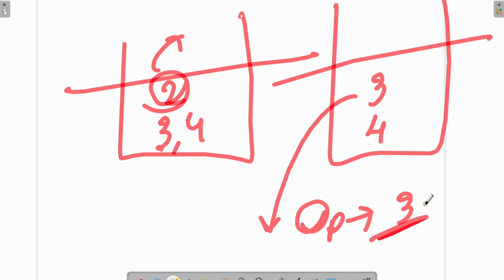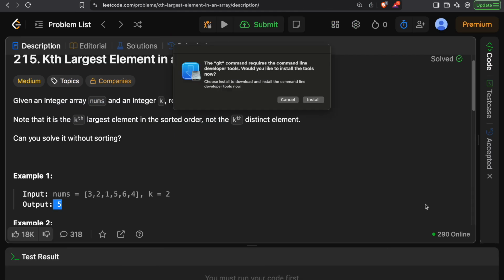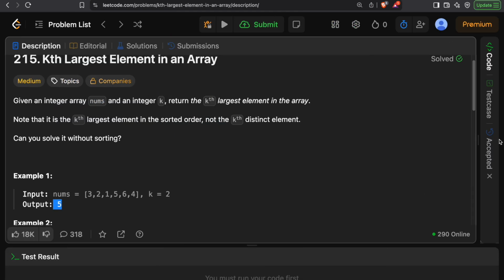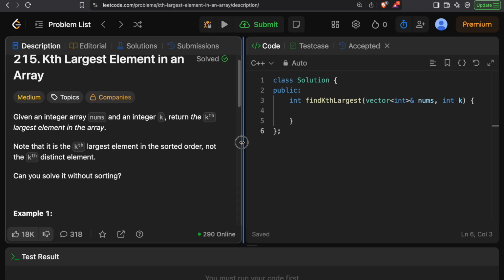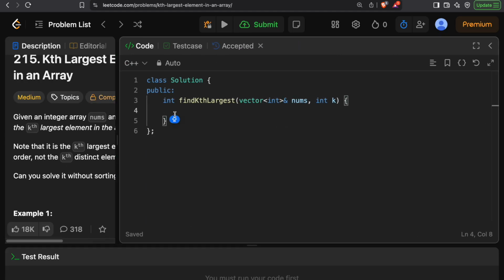So now let's code this. Heap is implemented with the help of the data structure priority queue. I have made a video on that. The link would be in the description. So this is the priority queue,